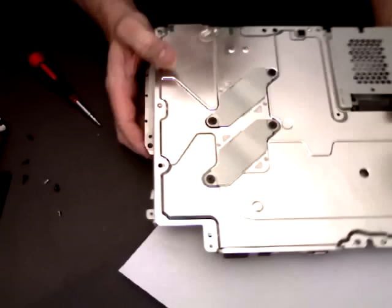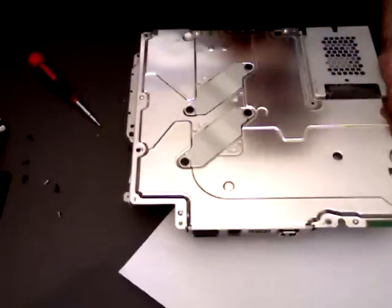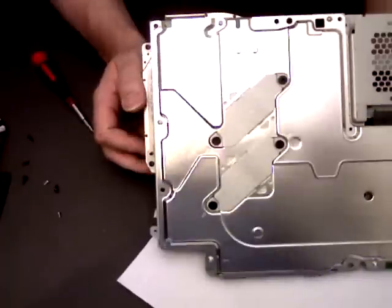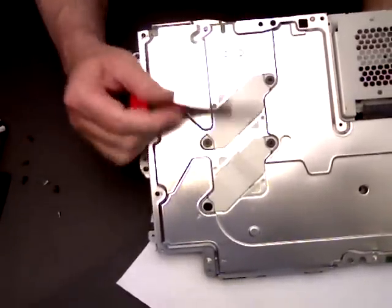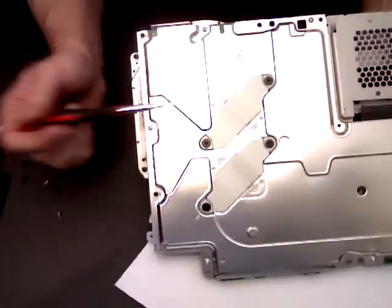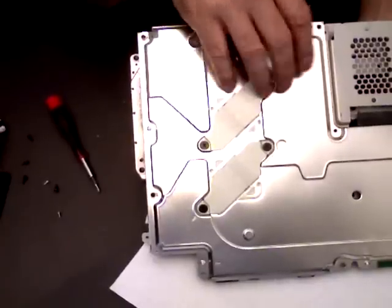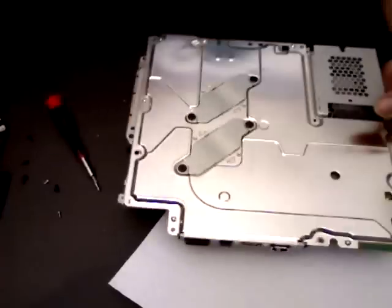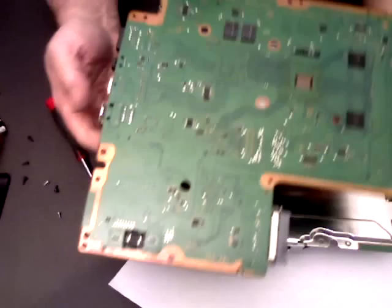Now, this is a working motherboard, so I'm not going to open it up, but I'll just show you. This is your heatsink clamps, and you've got 1, 2, 3, 4 screws there. Once you remove those screws, this metal cover, protection cover, will lift off very easily and will expose your motherboard from the top, and it will look like that,